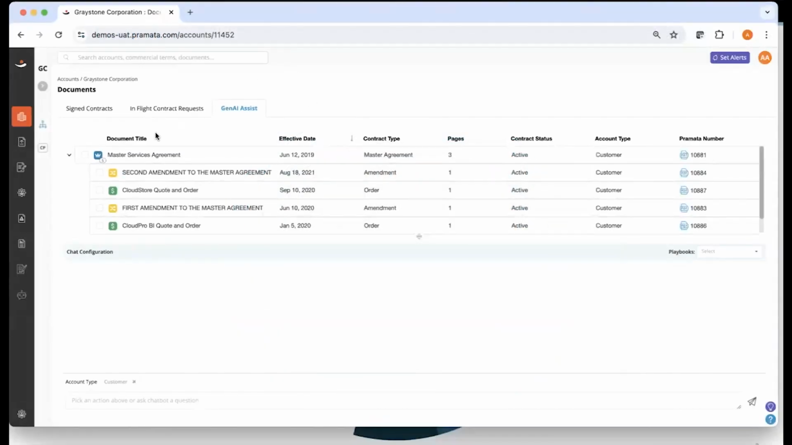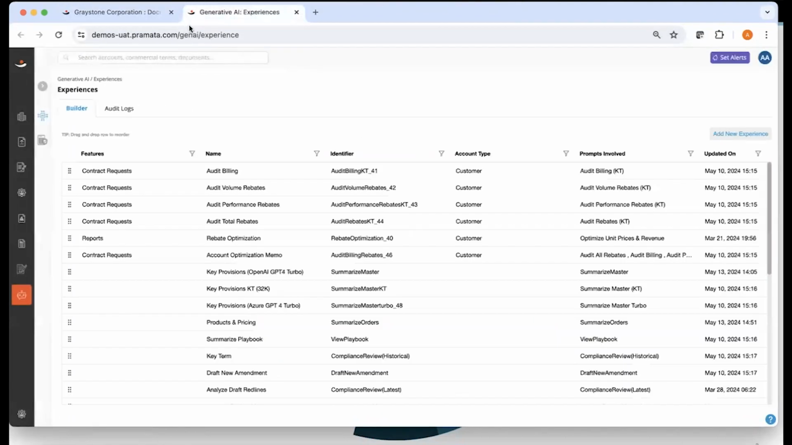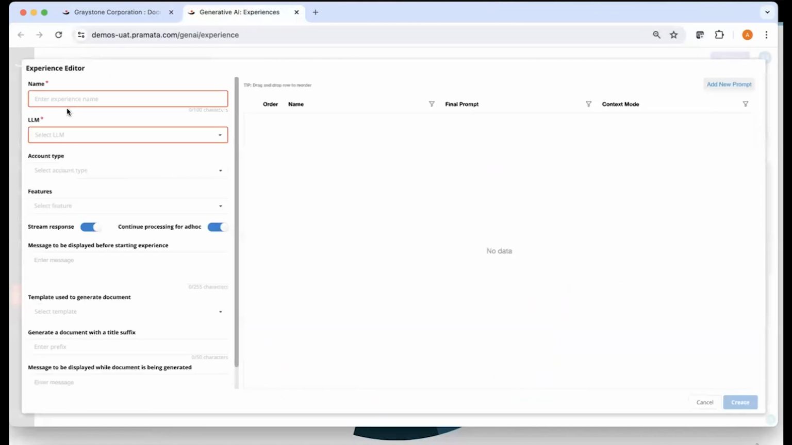Here we're looking at a relationship with all of the agreements, some MSA, amendments, orders, and right now we don't have any experiences built down below. So let's launch the GenAI Experience Builder, and let's add an experience. And we can call this